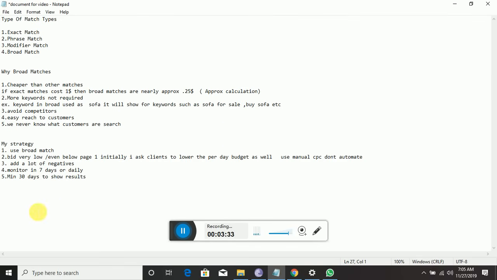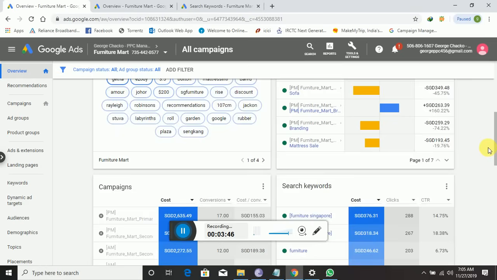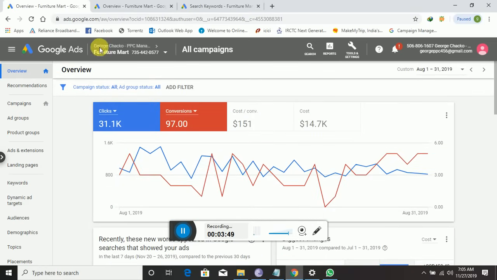I would also like to share one of my live projects. Recently, I am working for this client. You can see over here, Furniture Mart. This is the client. He's selling furniture in Singapore. When he came to me on August 1st, you can check the date over here,